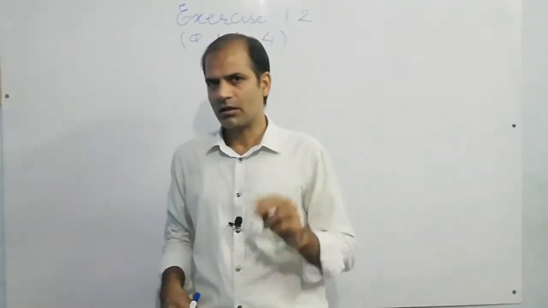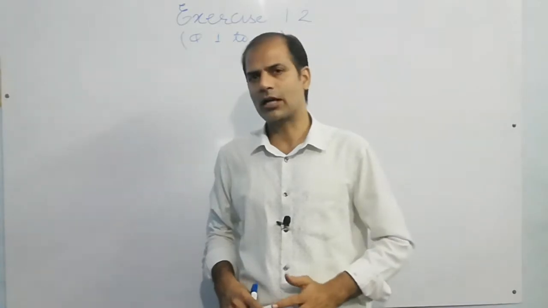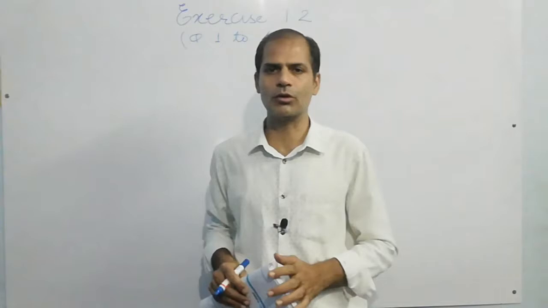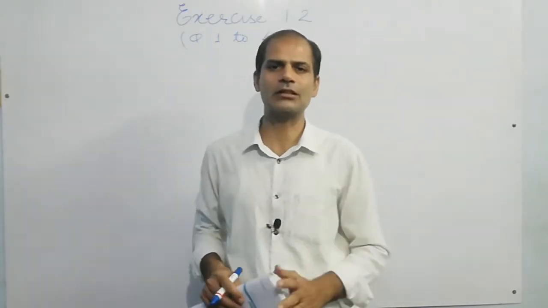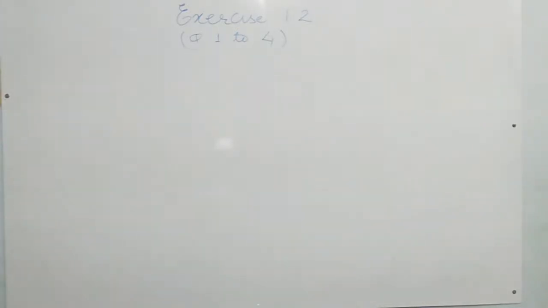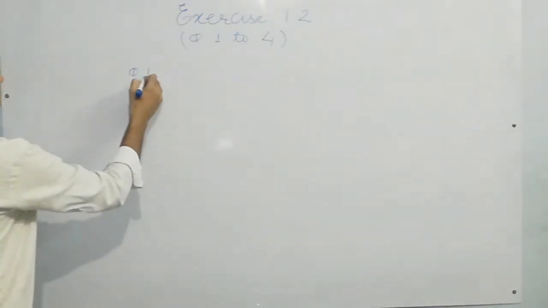एक तो है रेशनल नंबर को नंबर लाइन पे रिप्रेजेंट करना, और दूसरा है कोई भी दो गिवन रेशनल नंबर होंगे उनके बीच में कुछ रेशनल नंबर्स हम इंसर्ट करेंगे. करेक्ट? सो आई विल कवर क्वेश्चन 1 to 4. ओके, फर्स्ट क्वेश्चन इज represent these numbers on the number line.